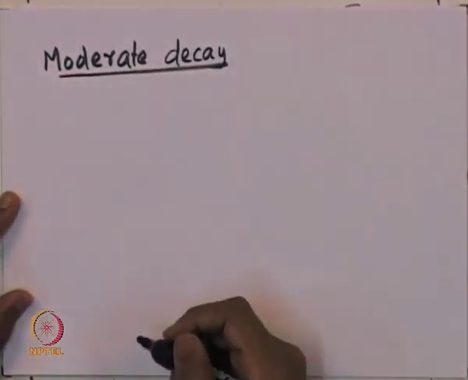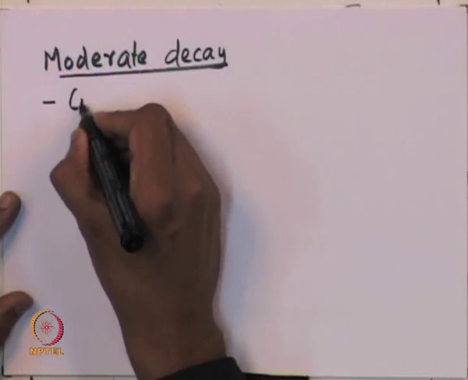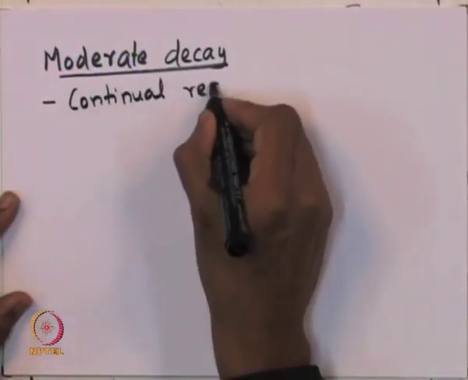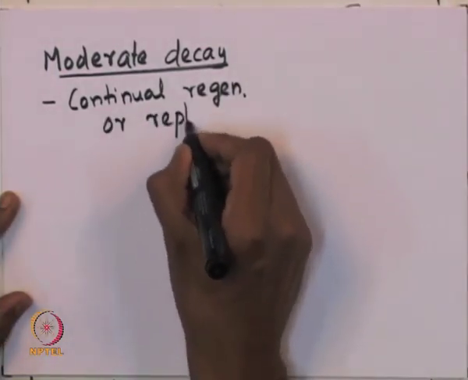If you look at the moderate decay case, because the deactivation is fairly quick, fairly rapid, there has to be a continuous regeneration or replacement of the catalyst inside the reactor in order to maintain a certain desired conversion of the products, and therefore it is important to have a continual regeneration or replacement